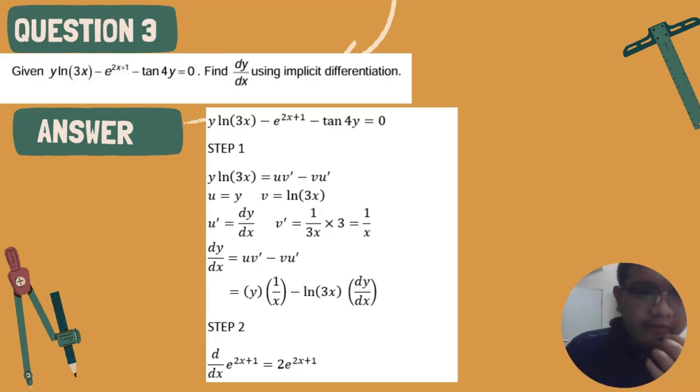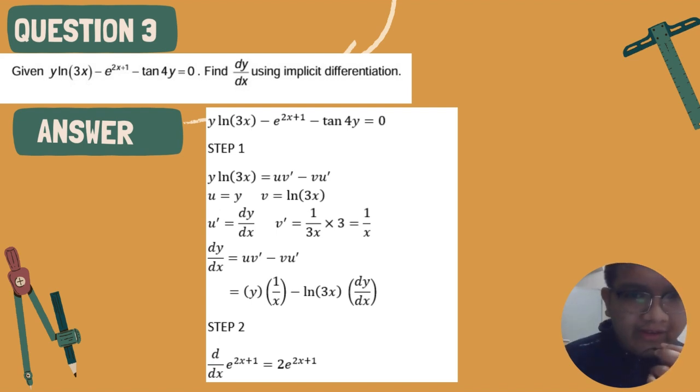So we move to question 3, which is given y ln 3x minus e to the power of 2x plus 1 minus tan y equal to 0. Find dy over dx using implicit differentiation. For this case, we must differentiate one by one. So for step one,